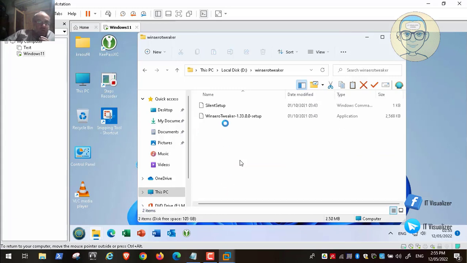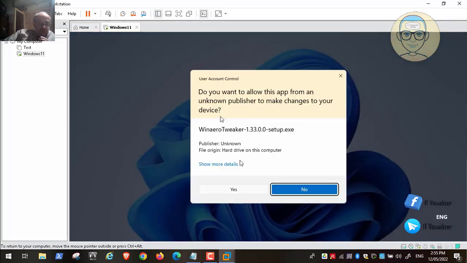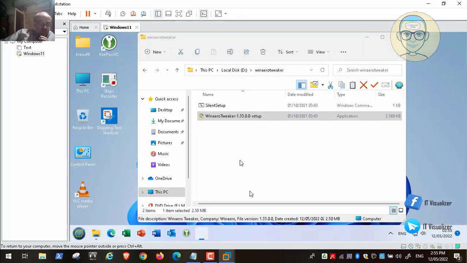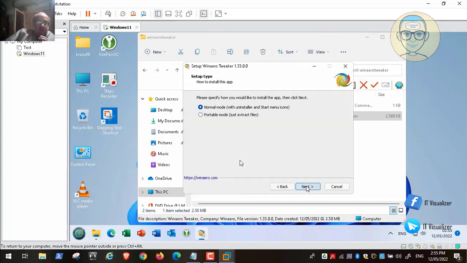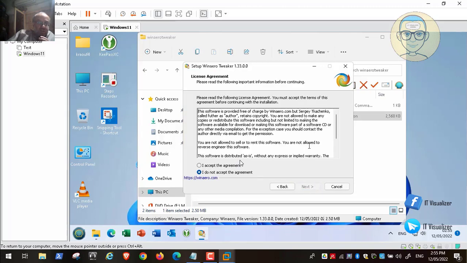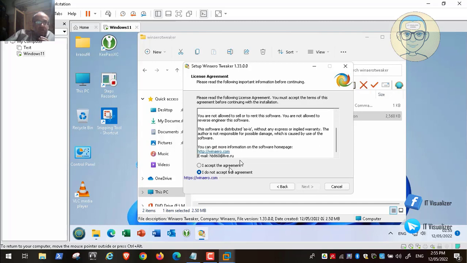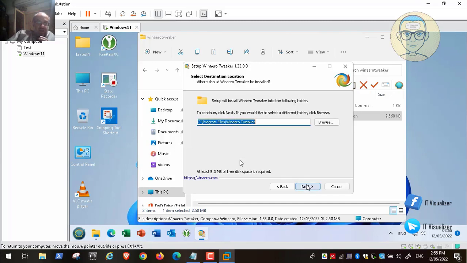So I install the WinIRO tweaker. You can set it up on the machine or make it portable, meaning not installed, only to run it. So you have two options: to install the program or to run the program, either from a USB or from where it was downloaded. You will not install it on the system. So we will accept the license agreement. Next,